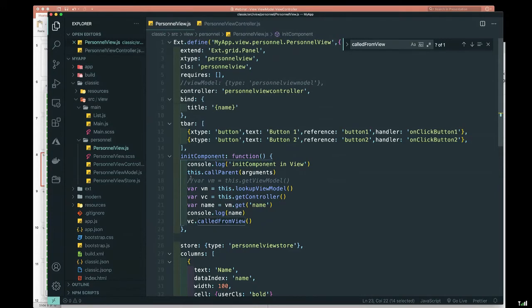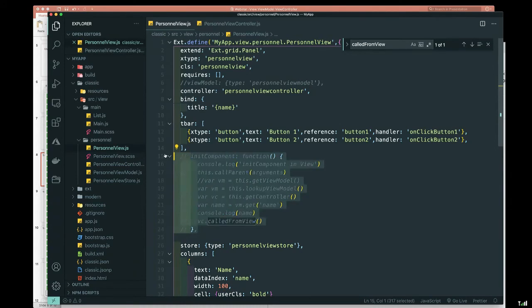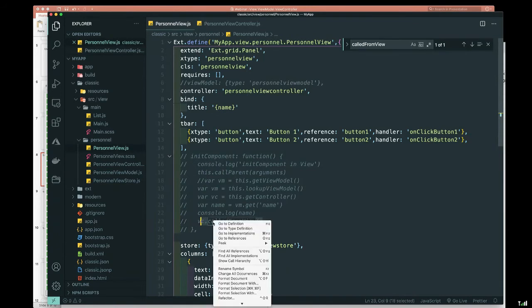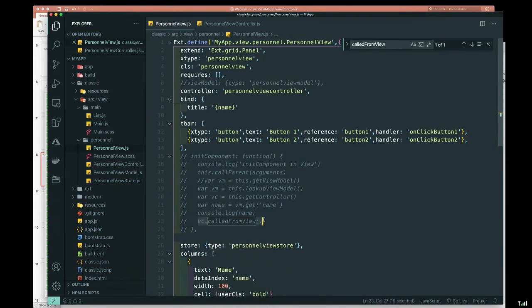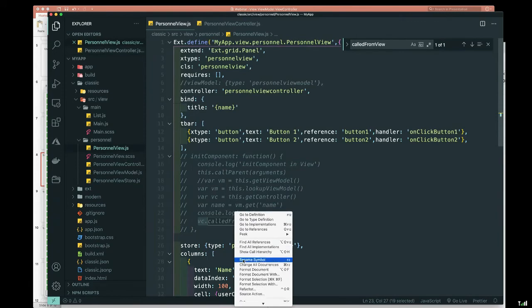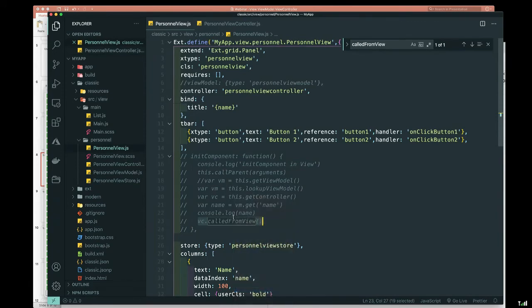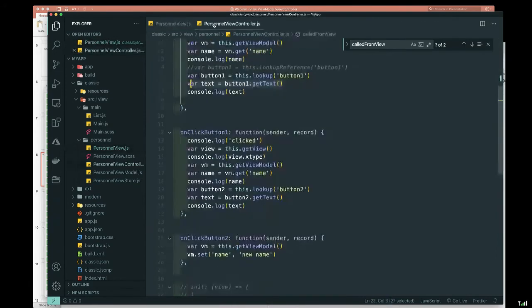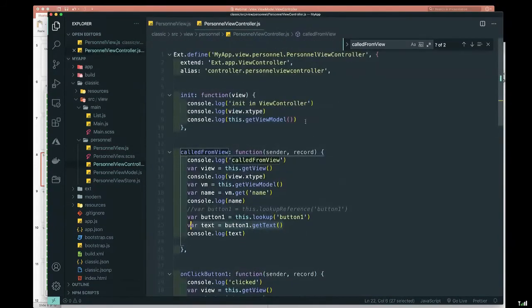So what would you do in this case? It looks like I wanted to call this initially, right? So if I didn't have an init component, what would I do? What if, when this thing runs, how do I call it from the view if I don't have an init component? Well, now we know that init component is for the view, and init is for the view controller. So when we go to the view controller, go to the init,